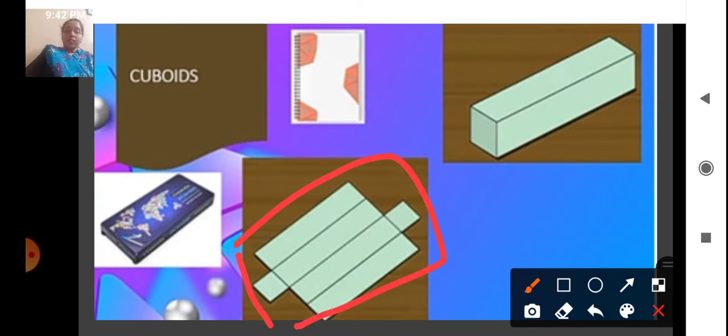Yes, we have also learned some examples of which things are cuboidal in shape. Some of them you can see on my screen, children. Compass box, book, or any packet of biscuits. If you take the full packet in your hand, you'll see that it's in cuboid shape. Cuboid is nothing but it's like a rectangular shape. Yes or no? So the net form of cuboid which you had made last year is similar over here, right?